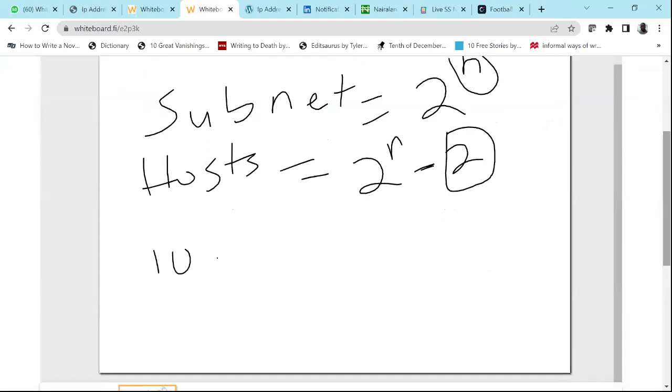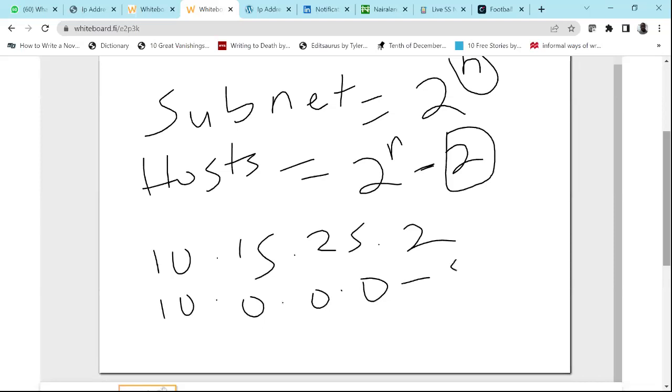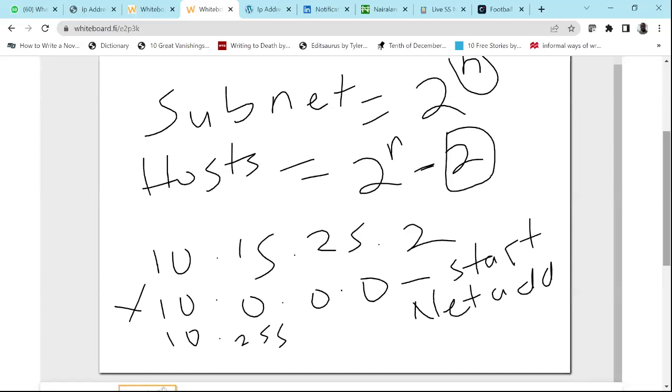So we had 10.15.25.2, an IP address, and we said that this was in the 10.0.0.0 network. Remember, this is the start of the network. This is called the network address. You cannot assign this network address to a node. And you also can't assign the broadcast. So the broadcast of this network is